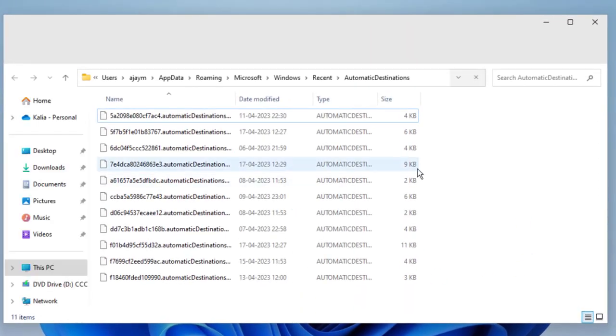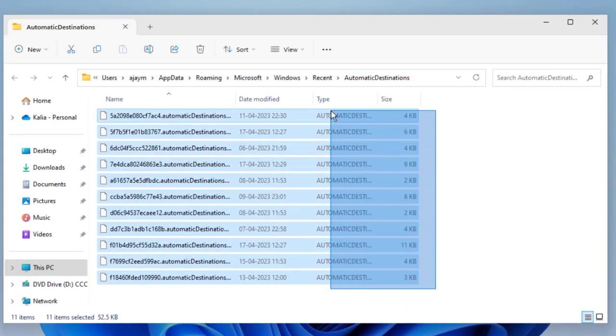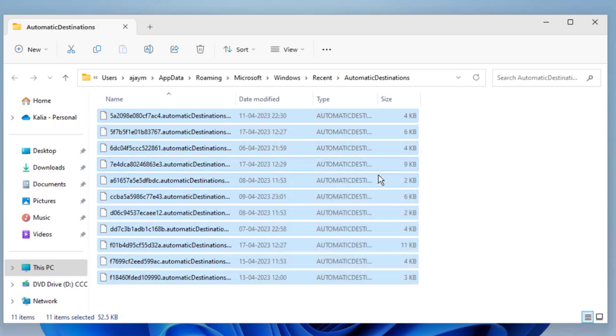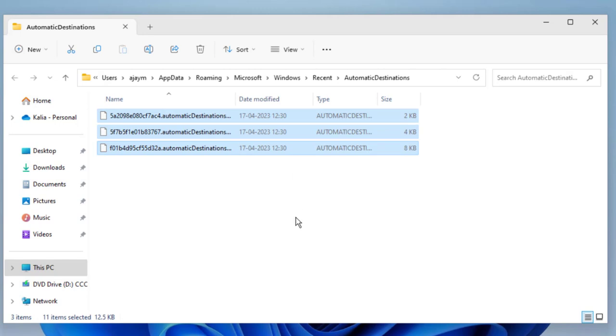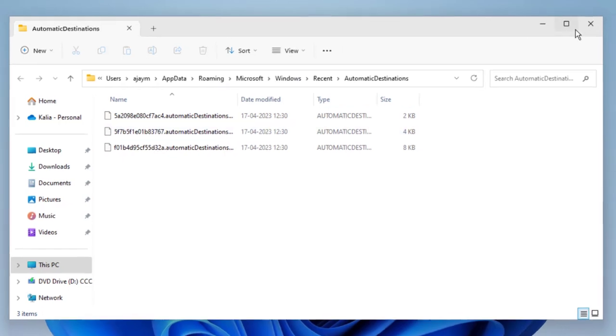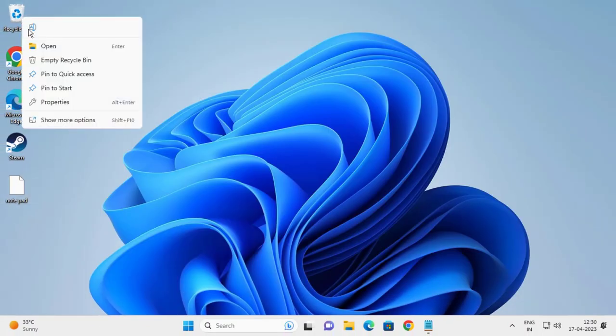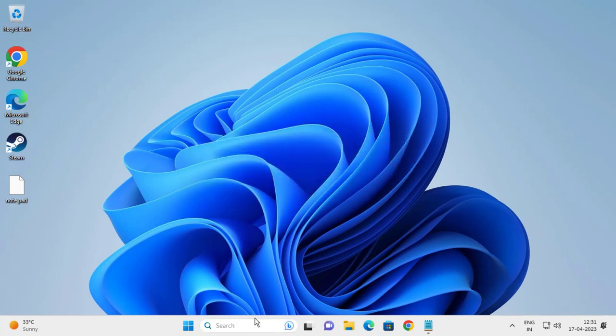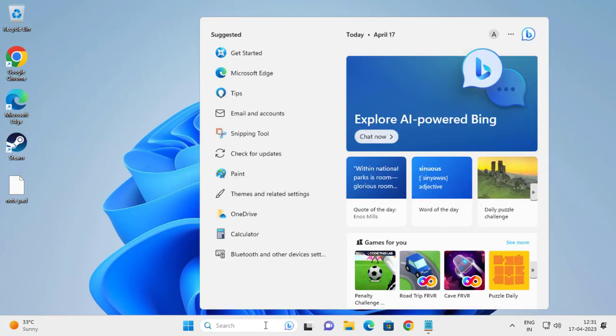and in this file folder you need to delete all of these, guys. Right click and delete it. These are unwanted files. If any files are not deleted, it's not a problem, guys. Close out of here, empty the deleted files, and go to the search menu and type cmd,